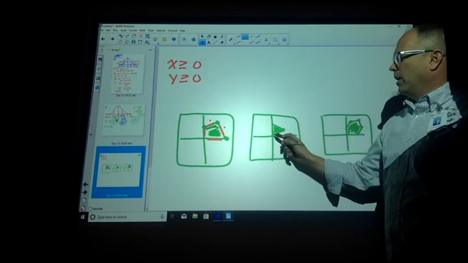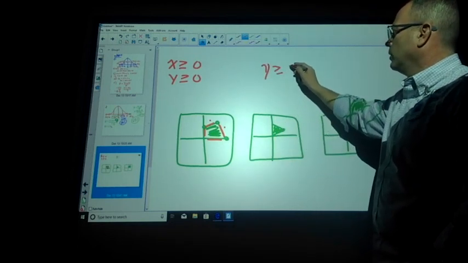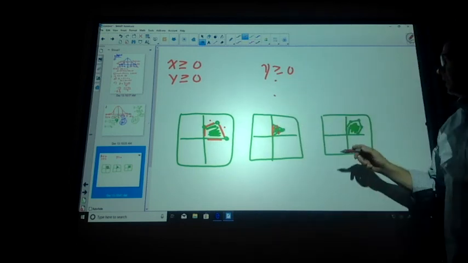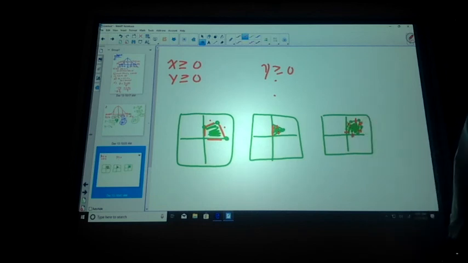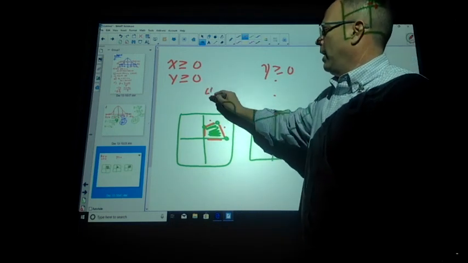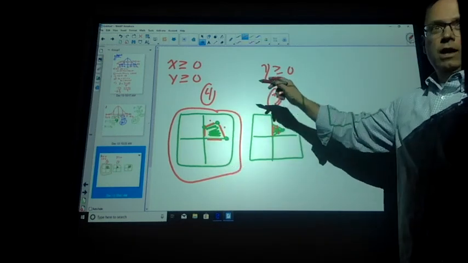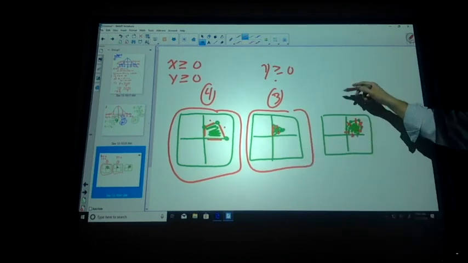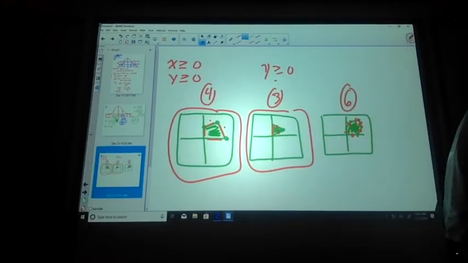How many would be here? 3. We'd have y is greater than or equal to 0 for this, then we have one more, so you have 2 more equations. And then this one, I have 1, 2, 3, 4, 5, 6. So if I gave you 4 equations, it's going to look like this. If I said, here are 3 equations that I have listed, it's going to look like this one, and I have 1, 2, 3, 4, 5. And if you had 6 equations, it's going to look like that.